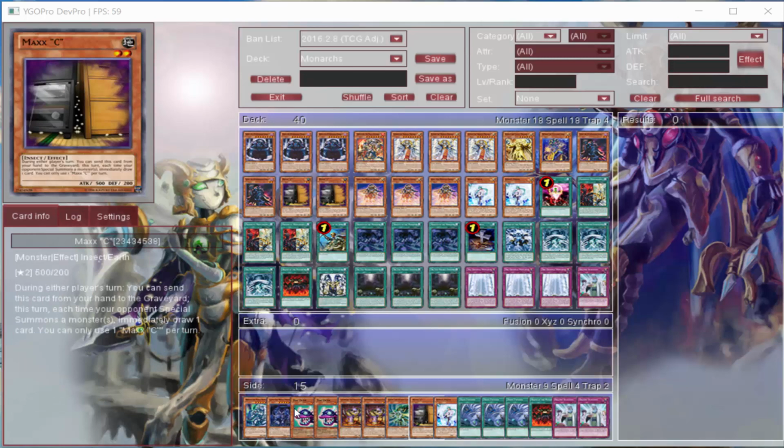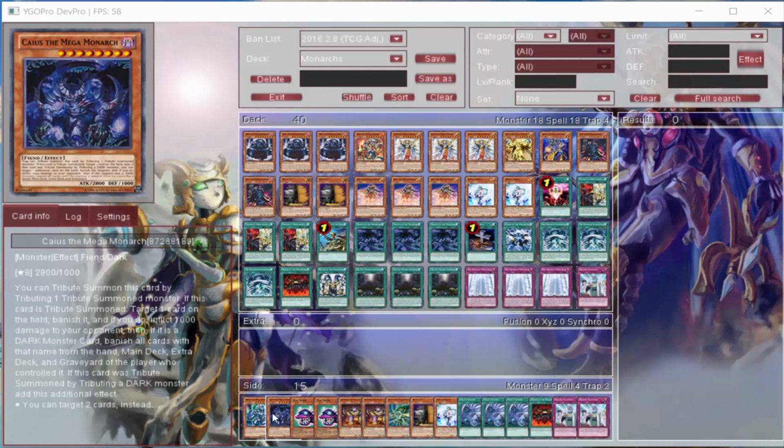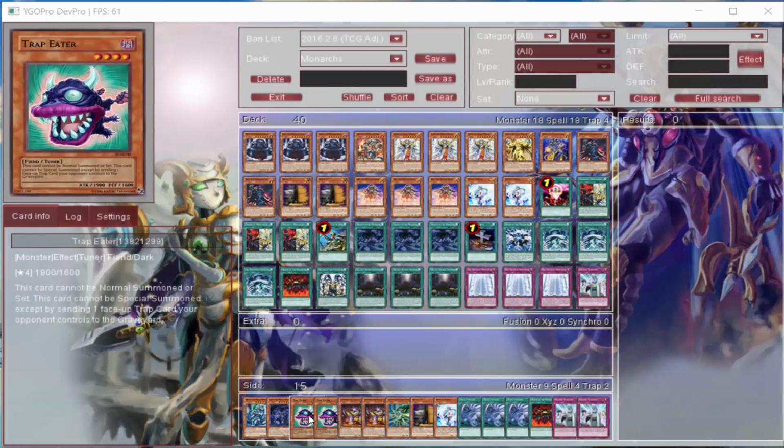For the side, I have one Mega Monarch. I mean Mobius, the Mega Monarch. It just allows me to pop scales in the back row, just extra popping. And then if I strike him, he can't respond to it, which is really cool. Caius, if I strike him, he can target 2 cards instead of 1, and then they banish. And if it's a Dark Minds that I banished, then it pulls all of them out of the deck or whatever, which is cool. Trap Eater stops